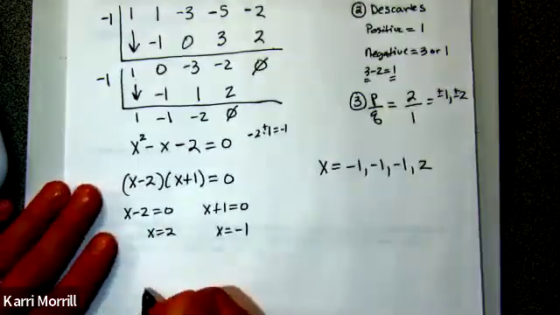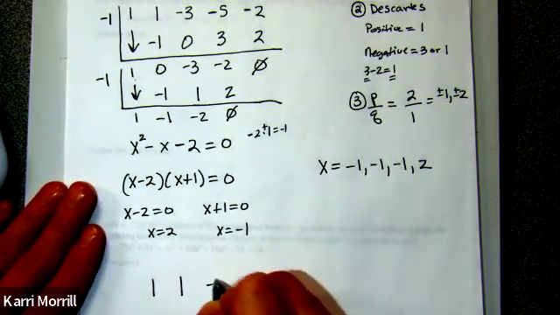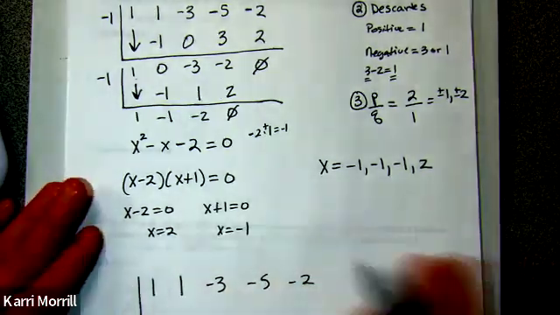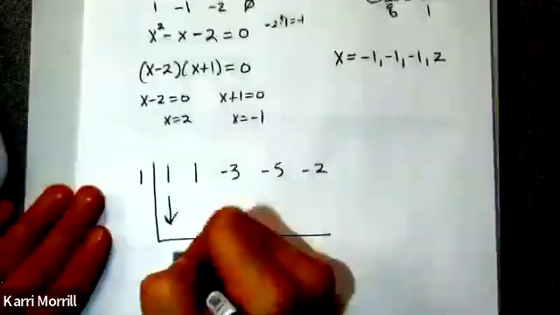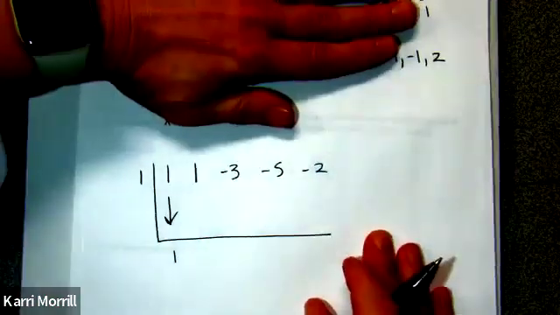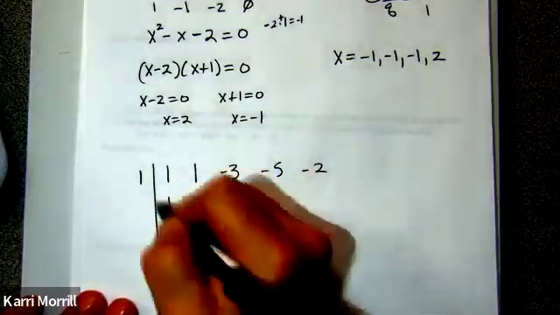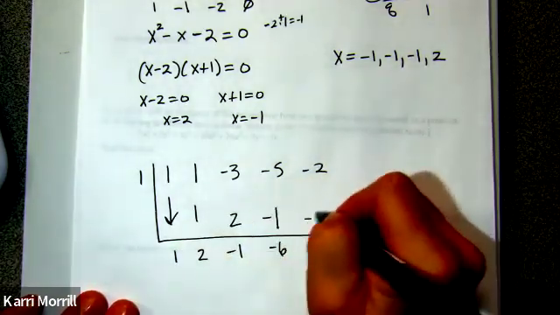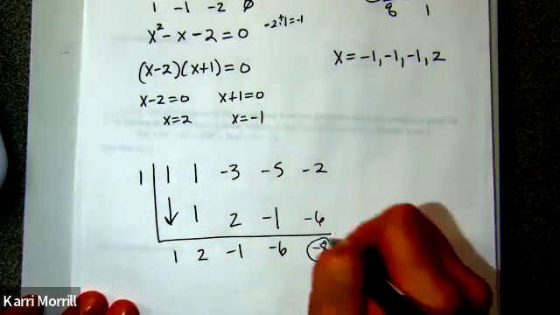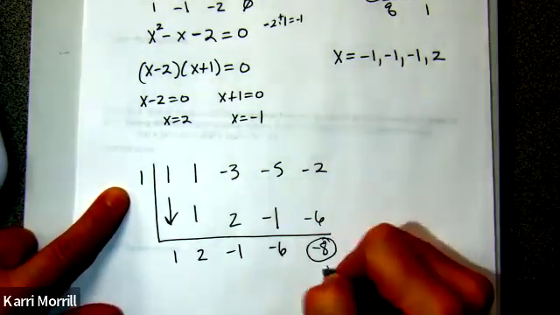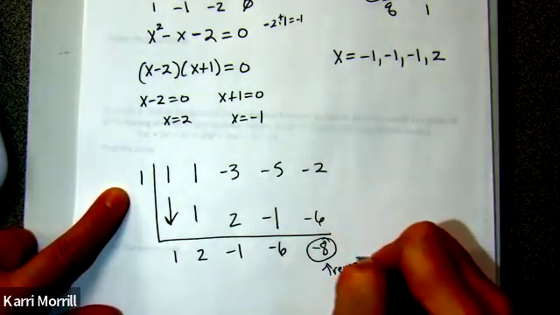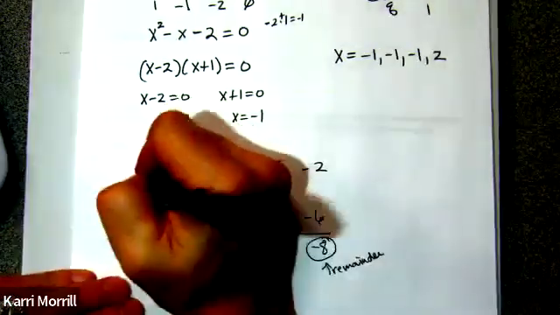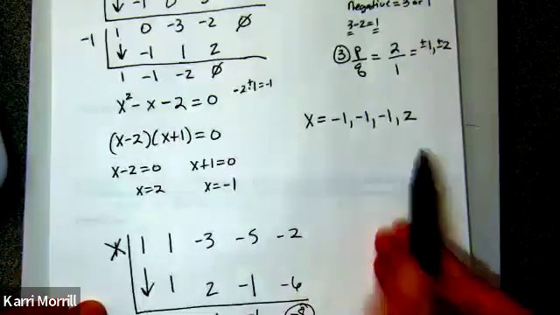For example, if I had thought, well, I'm going to try +1 before I actually did the problem, we know that that is not a zero because of the remainder, right? And so I went straight to the factors just for instructional purposes, but we know +1 was not a zero